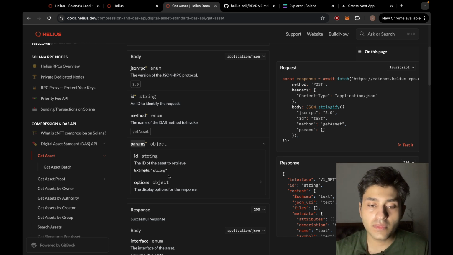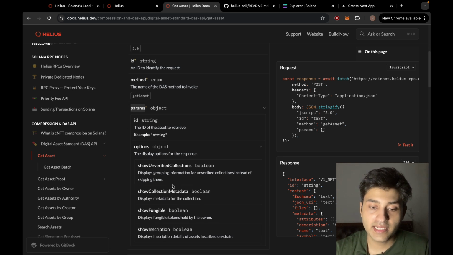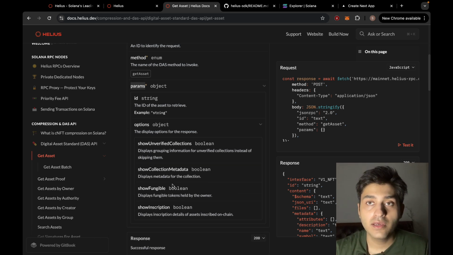This is pretty much the only mandatory value that needs to be passed to this method. The other value, which is optional, is called the options object, and it contains a bunch of different options that you can pass to this method. There are a total of 4 options, and it probably helps to know what the default values